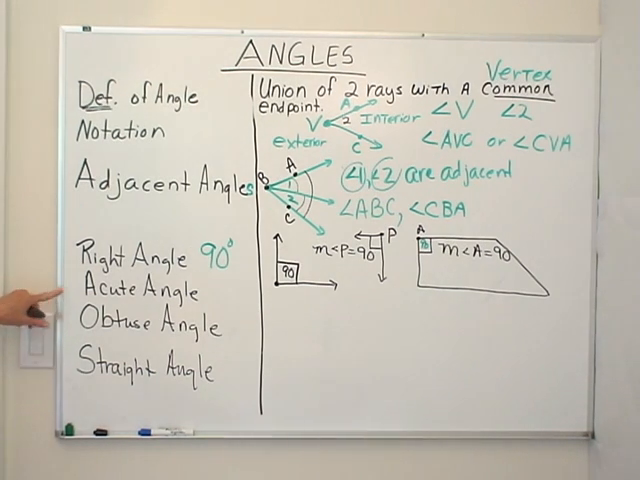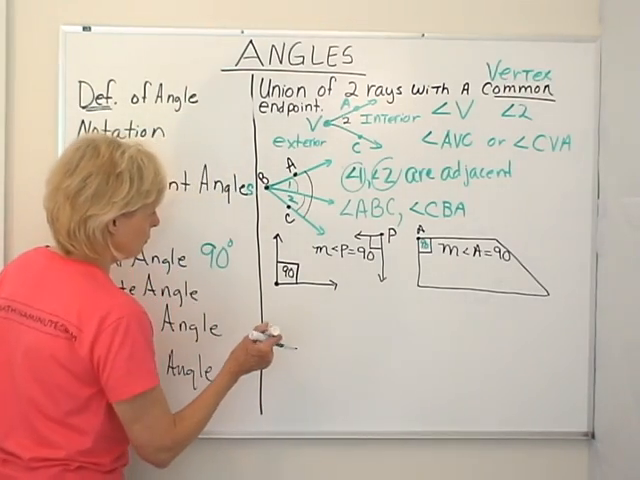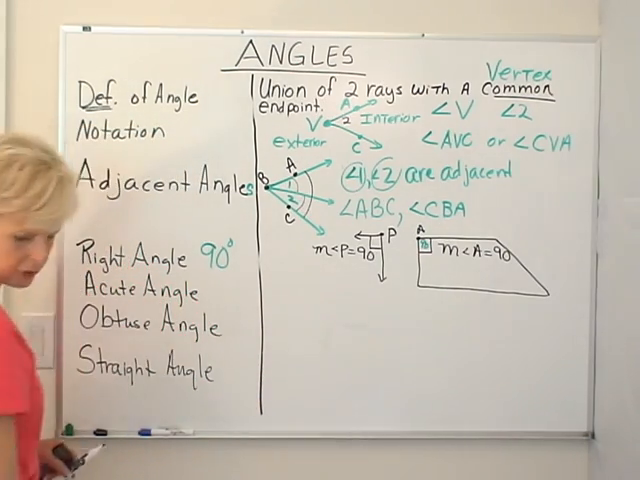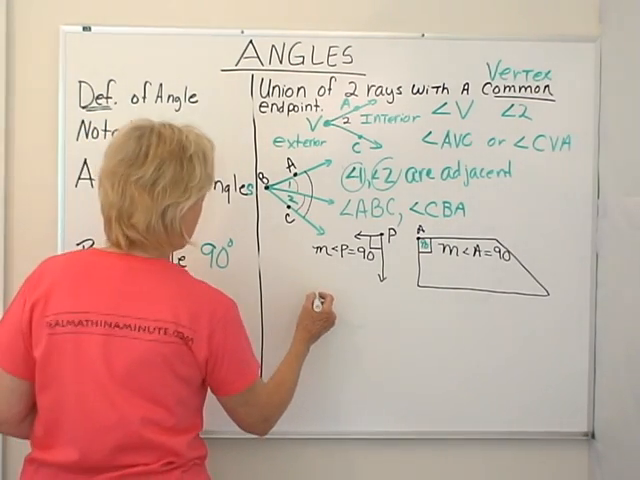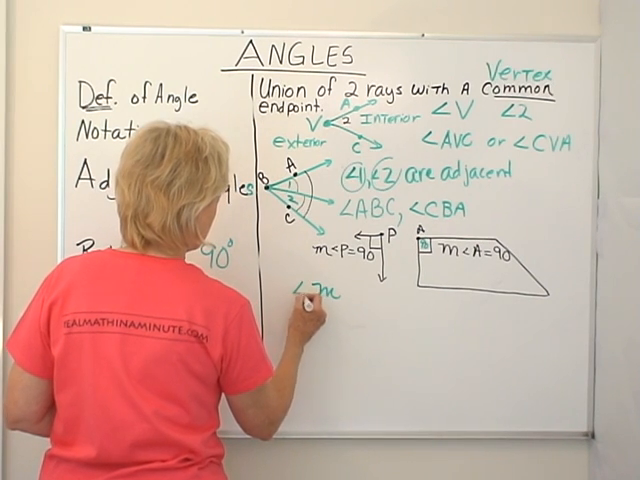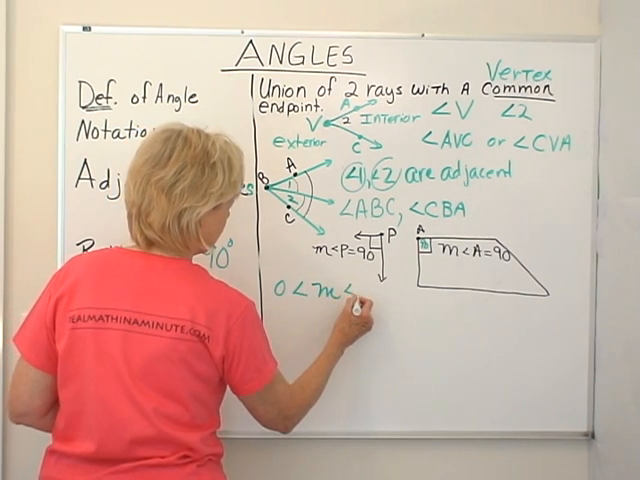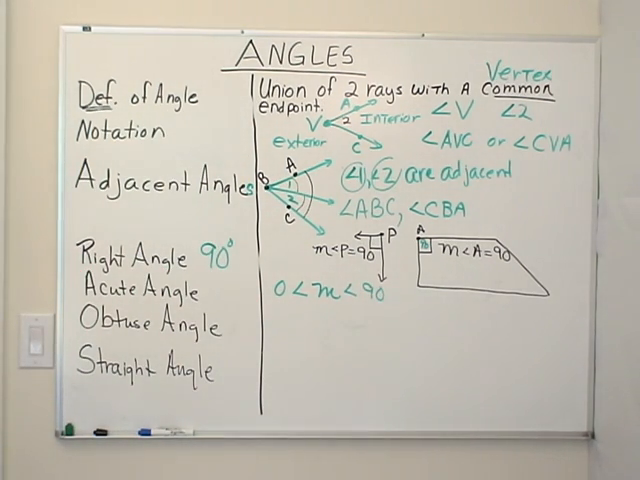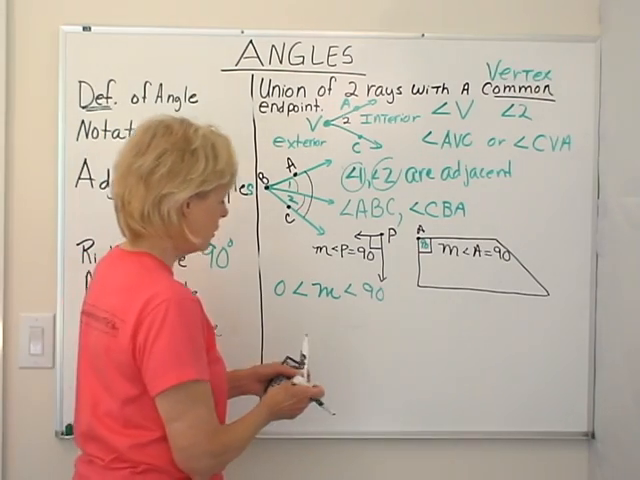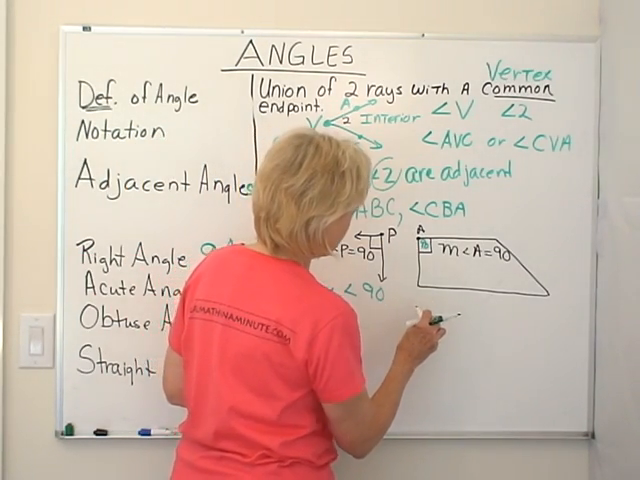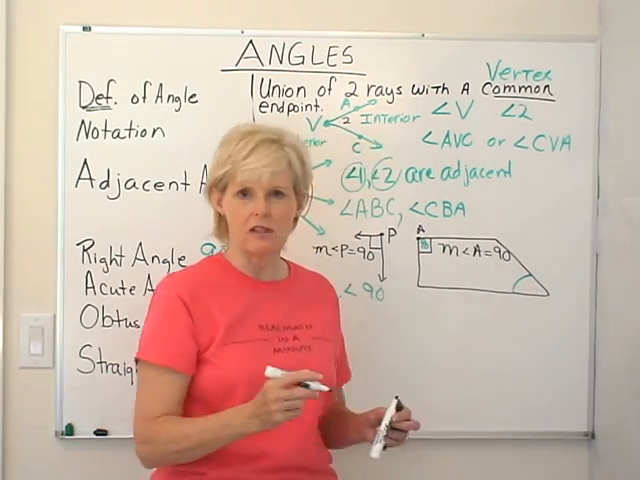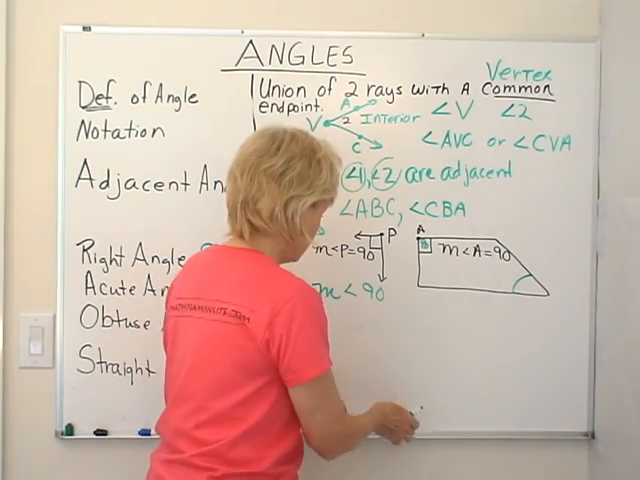Okay, the next one we want to look at is an acute angle. And an acute angle is just a smaller angle. An acute angle is an angle that has a measure that is more than 0, but less than 90. It's greater than 0 degrees, but it's less than 90 degrees. And if you're looking at an acute angle, it looks something like this one. Here's one right here. See how small it is? It doesn't open up wide enough to give you